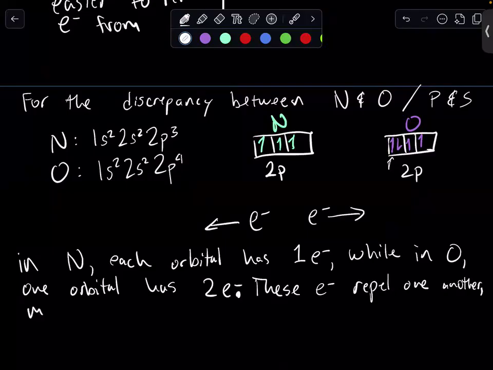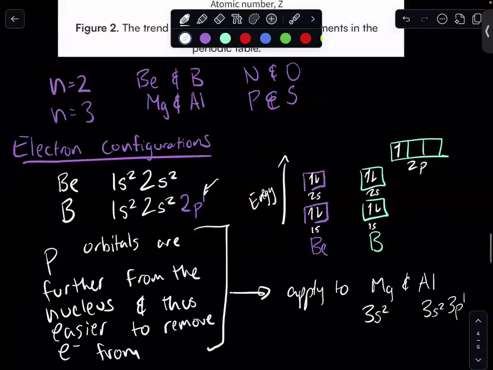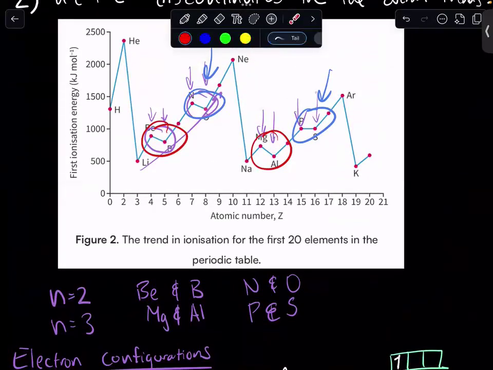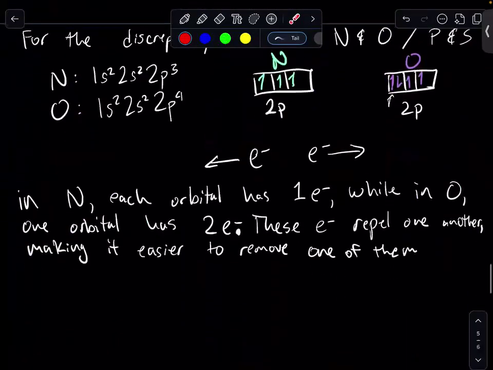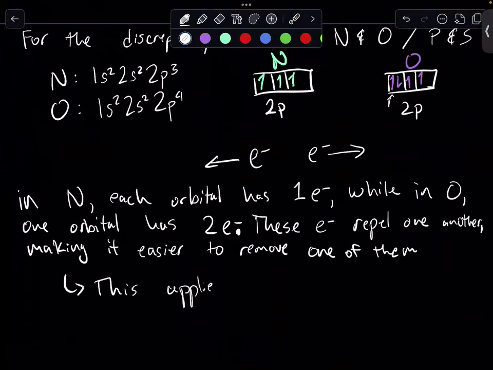and therefore they make it easier to remove one of them. So the electrons are actually allowing, within oxygen, that new electron is allowing it to be removed easier because it repels the old electron that was there in the nitrogen configuration. Same thing, once again, between phosphorus and sulfur. So we'll say this applies to phosphorus and sulfur,